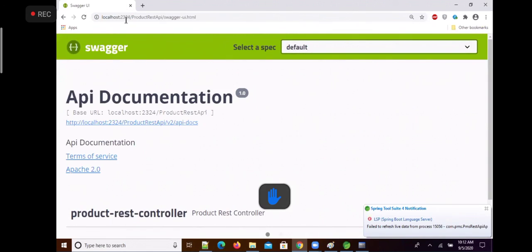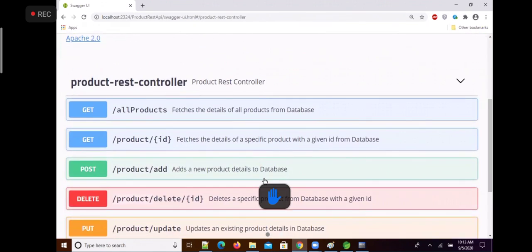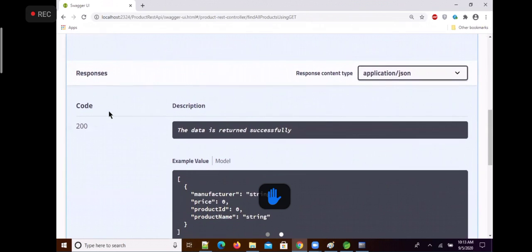And now you can see here, if I open it, all products is there now. Click on that. Now see the response code 200. What is the message? The data is returned successfully.